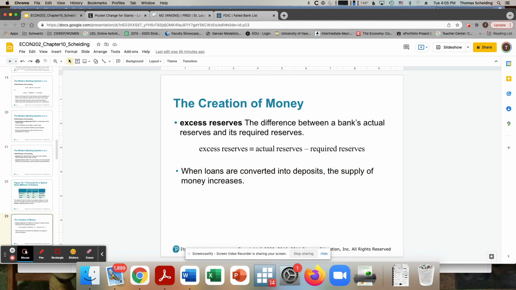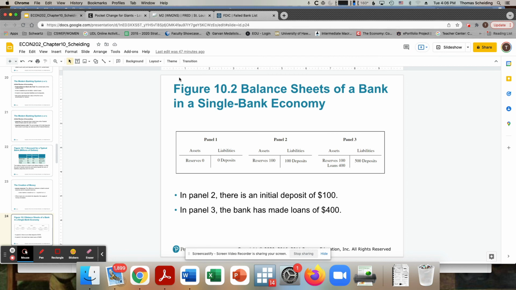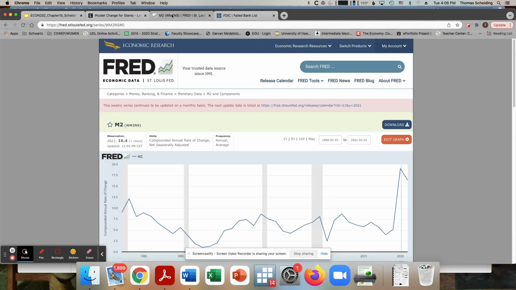Now, the fact of the matter is that banks lend out the extra amount, like a goldsmith would. Right? So the total amount of the deposit consists of two types of reserves: required reserves and excess reserves. Those excess reserves are what it holds in excess, and it can lend that out. Can, but it might not always.